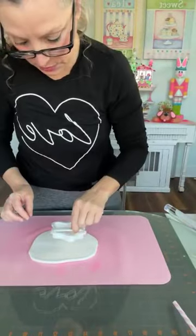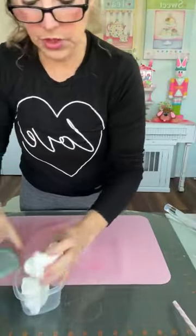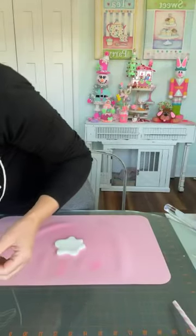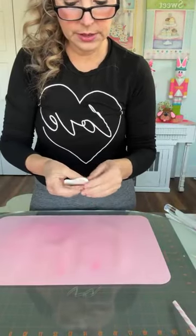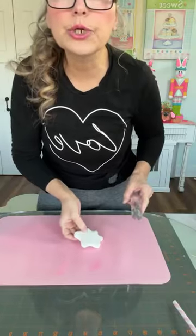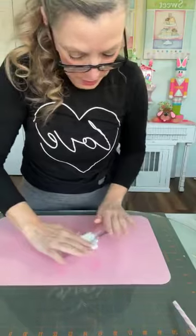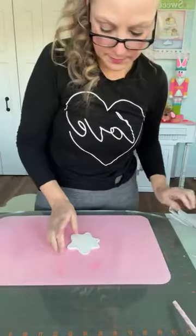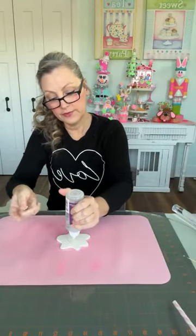All right, then I have this little drip from See My 3D Prints, or I guess it's a splat. So we will remove this from the cookie cutter, and we're going to do the exact same thing we did on the little spoon. Oops, my cookie cutter dropped on the floor. All right, I'm going to clean up the edges. They're a little raggedy. And then come back in with my roller. Yes, the skaters. I love the ice skaters. We're going to extend this out just a little so it looks a little more drippy, and then we'll add the glue on the back. I'm going to be careful this time and not flip it on my...